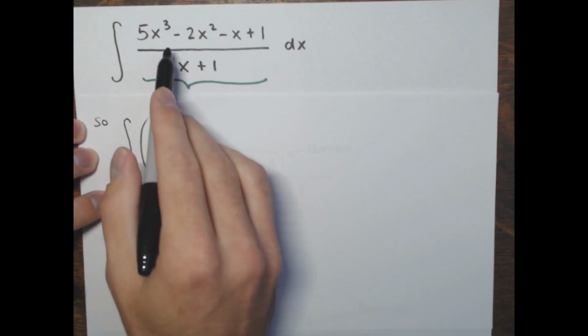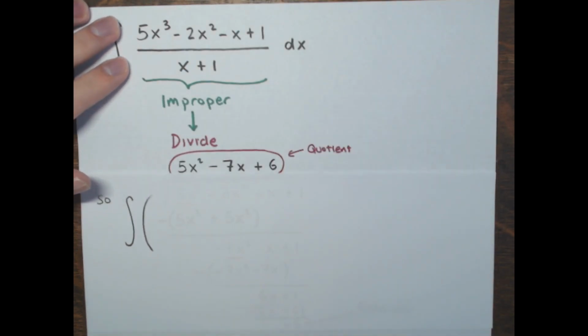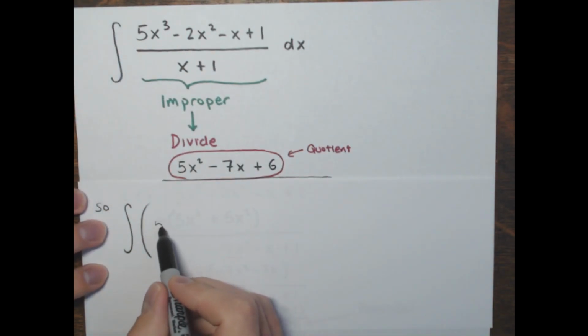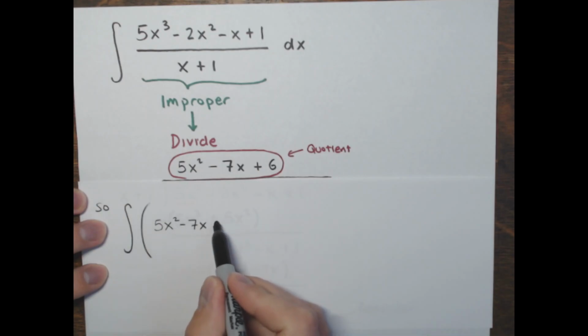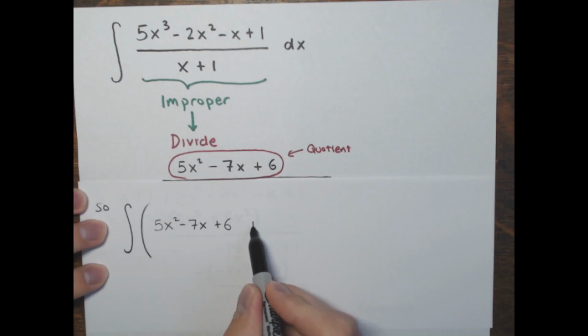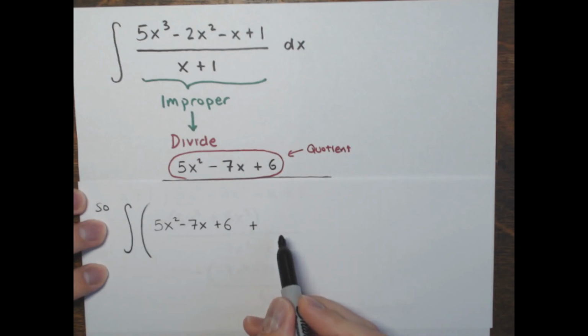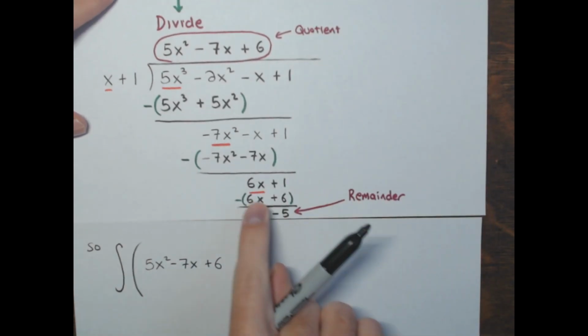I'm going to rewrite this fraction now as the quotient, which was 5x squared minus 7x plus 6, right, quotient plus some improper fraction, which is going to be the remainder, negative 5, over